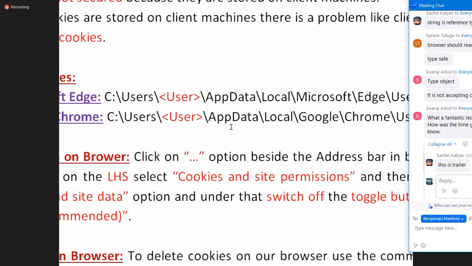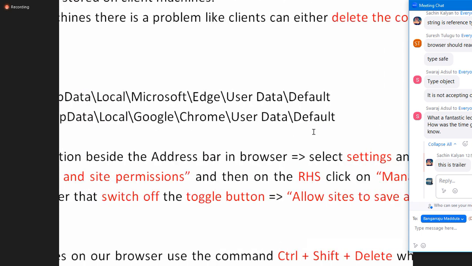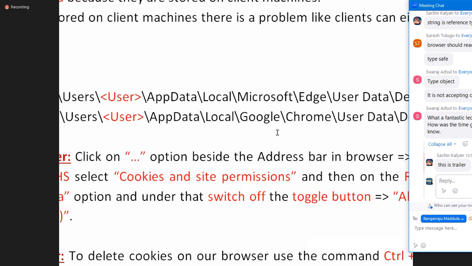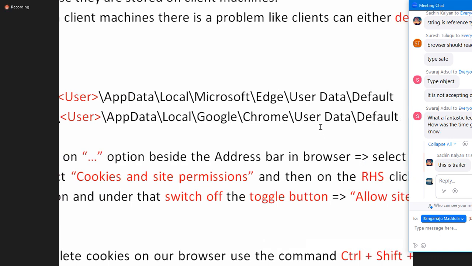Afterwards, AppData, Local, Microsoft, Edge, User Data. That is the folder where you'll find your cookies. Even Chrome has a similar location. In the place of Microsoft, you have Google, and in place of Edge, you'll have Chrome. Got it? This is the location where cookies will be stored.